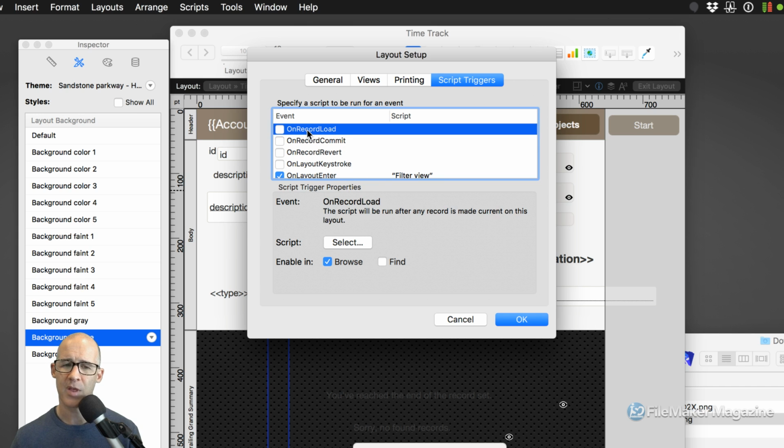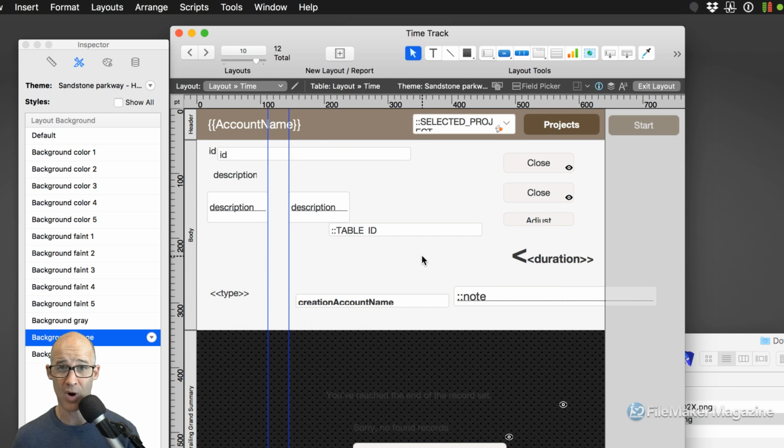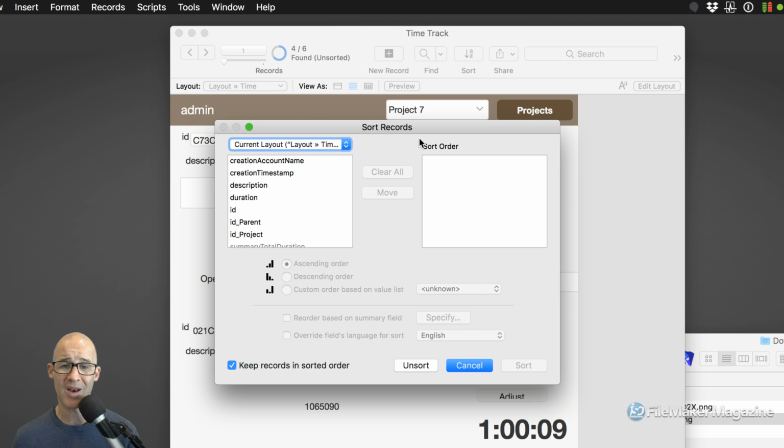Where have I used this? The on record load I have used where you can enforce a sort view. So if you are leaving FileMaker's default user environment on, this on record load means that each time that I load a new record, it's an opportunity to run a script. So if the user has put the database in some state that I don't want it to be in, say for example they've unsorted it, so if I go into browse mode, and I believe if I do Command S,